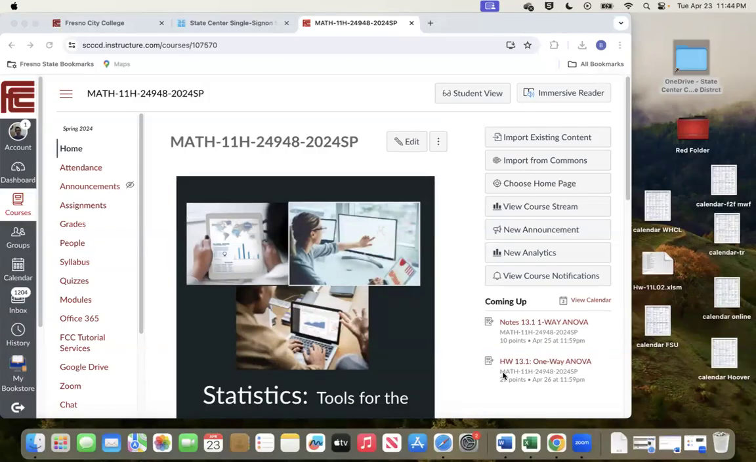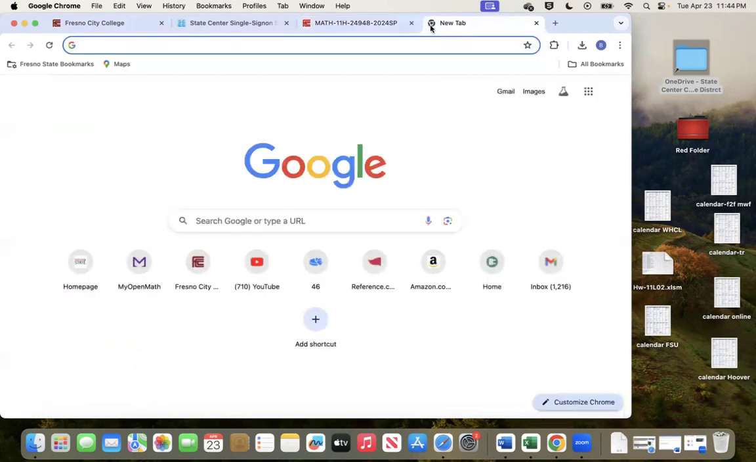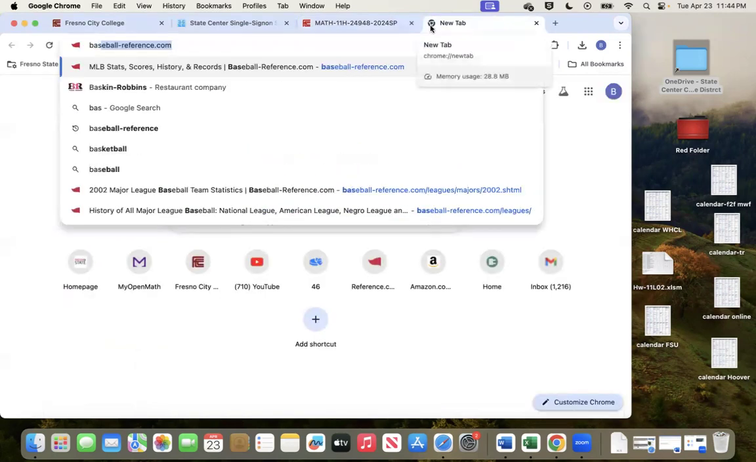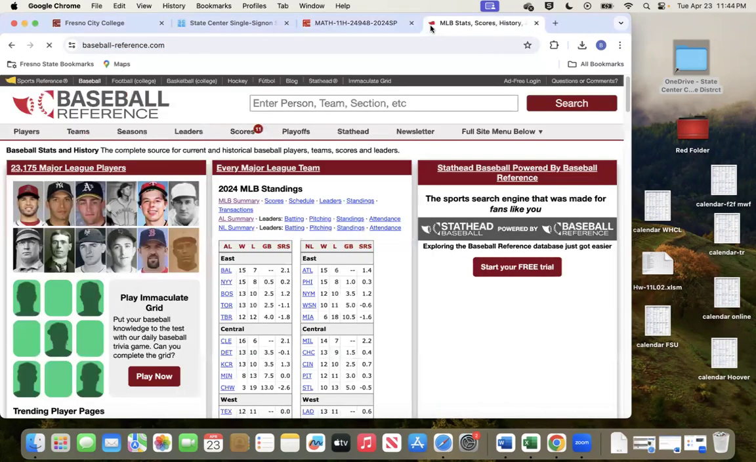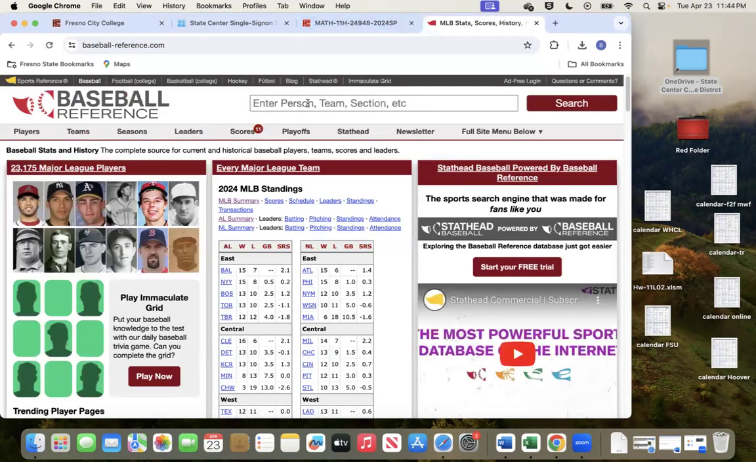I'm going to show you how to do a linear regression. I'm going to go first and get some baseball information. Then I'm going to go to baseball-reference.com. I'm doing baseball, but you don't have to do baseball. You can do any sport you want, or business, or government, or medicine, or whatever you want to do a